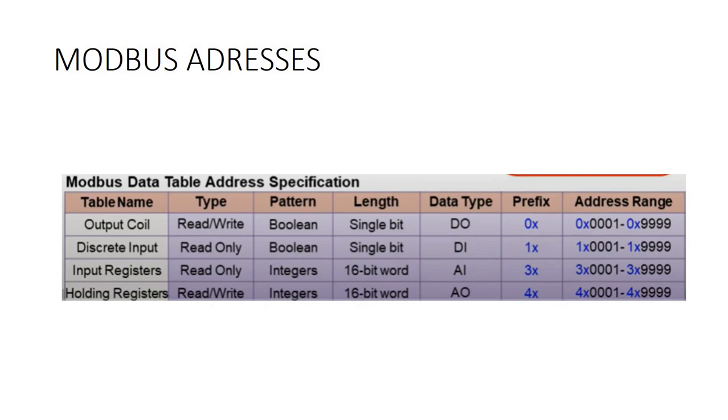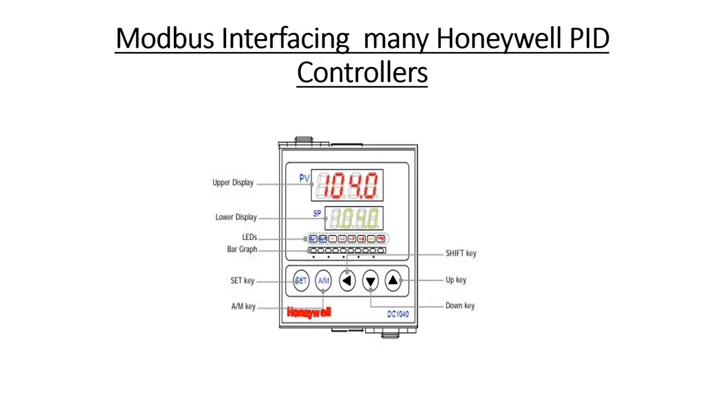So there are specific addresses assigned for each operation of DO, DA, AA, AO. You can see the addresses in the manufacturer's manual, to look at the operation and what address it is using. Now take an example. You want to connect 8 such Honeywell PID controllers which support only the Modbus protocol, and a 485 connector is there behind, and you want to access all of them, read and write all of them.